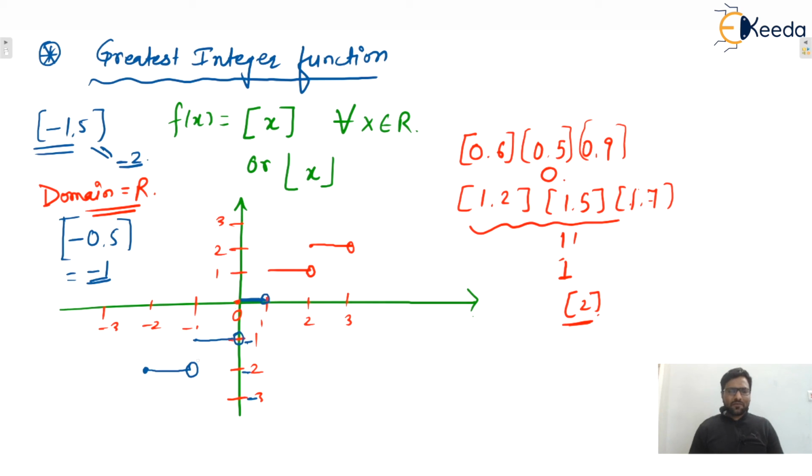So I took some basic functions for explaining the domain and range concept. I hope everyone is fine with domain and range. Whatever is allowed on the x-axis comes under the domain, and whatever the outputs are, that is the range only. I hope this one is clear to everyone.